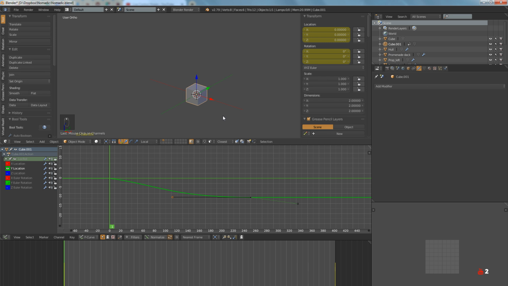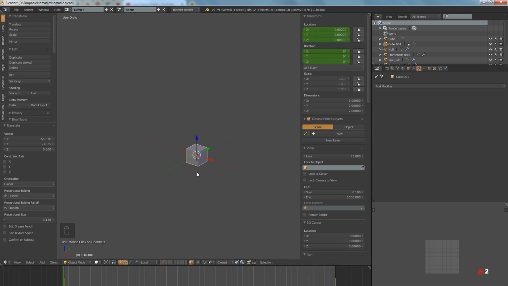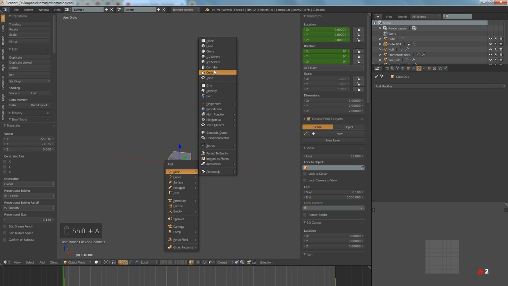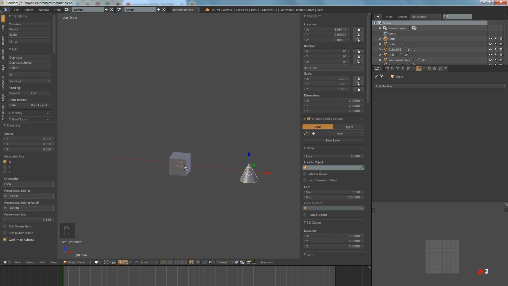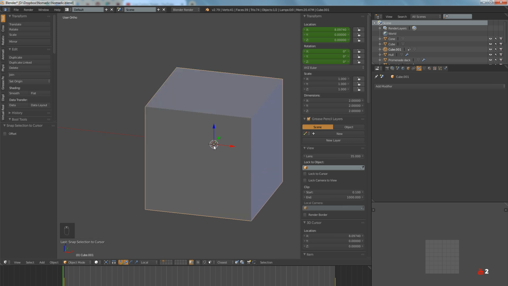Again, about... let's move this, and move this like so. About object origin, I often use this method when I need to, I don't know, align objects with each other. So I just select one object, Shift S, snap cursor to selected, and then select a different object, Shift S, selection to cursor, and it snaps, and it always snaps with object